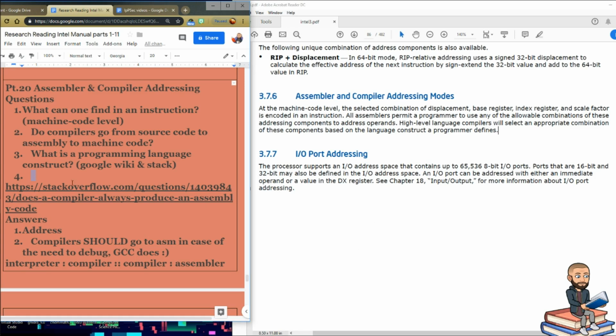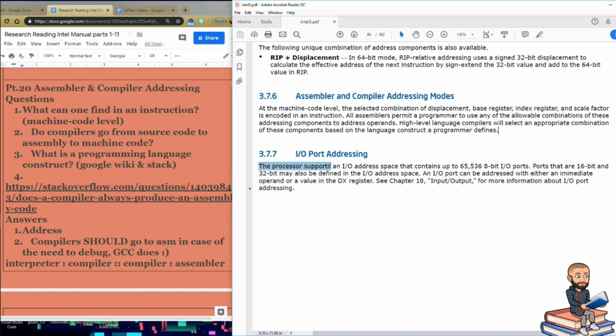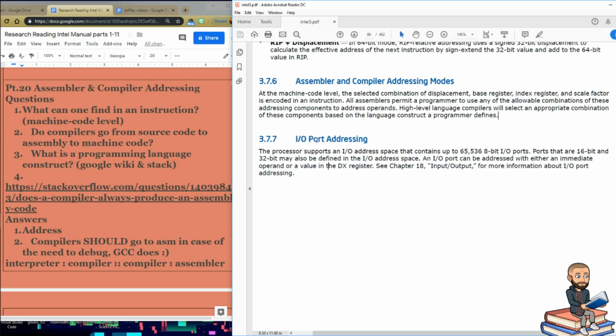And just because it's easy, let me actually do one more. It says I/O port addressing. The processor supports an I/O address space that contains up to 65,000 8-bit I/O ports. Ports that are 16-bit and 32-bit may also be defined in the I/O address space. An I/O port can be addressed with either an immediate operand or a value in the DX register, and then you can see that chapter for more. So that's very curious. I don't think anybody who's watching this video series would spend any time working on this,